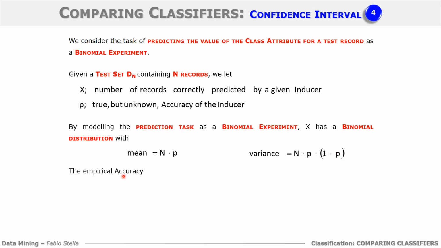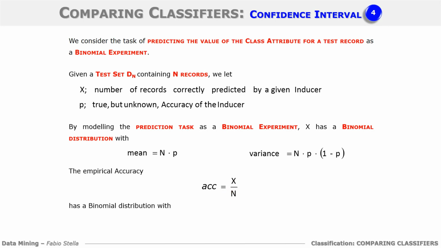Furthermore, the empirical accuracy, which is defined as X divided by N, so the ratio of the number of records correctly predicted by the inducer to the total number of records to be predicted,